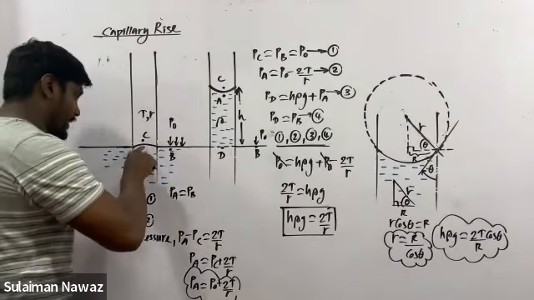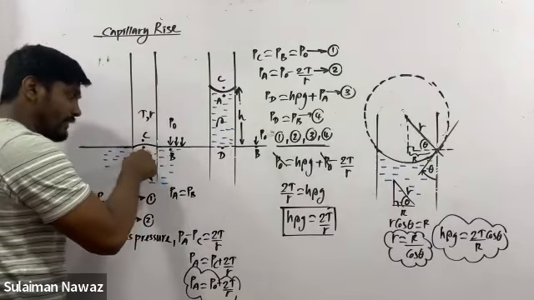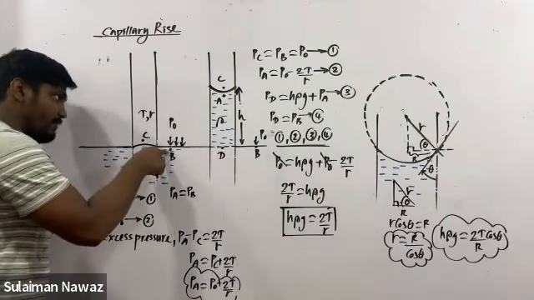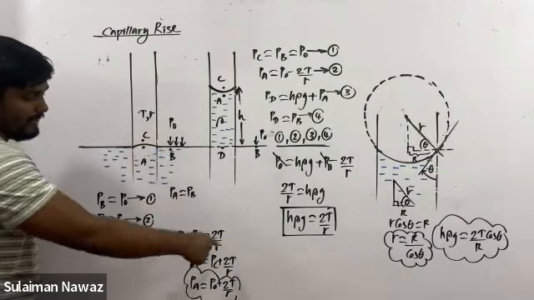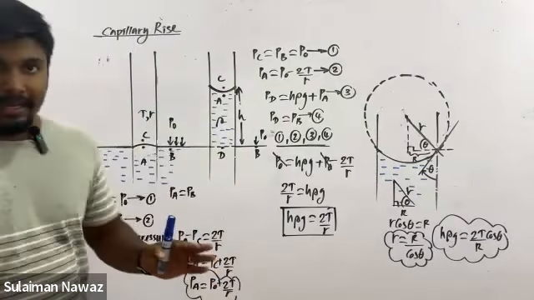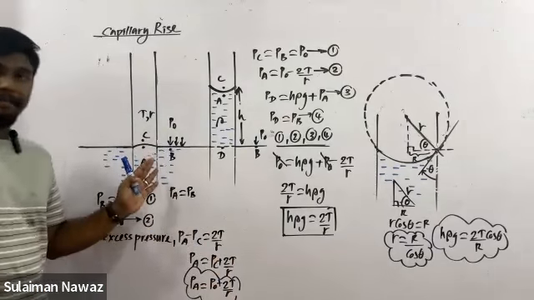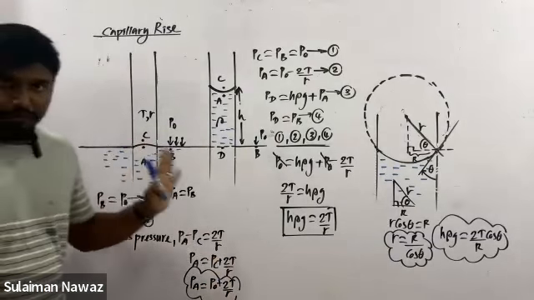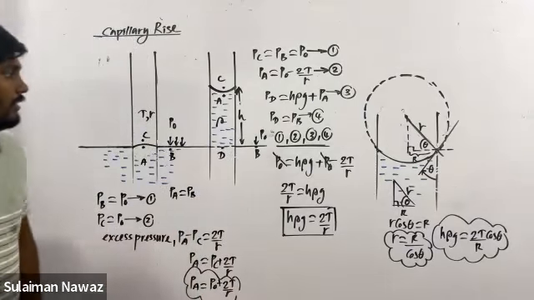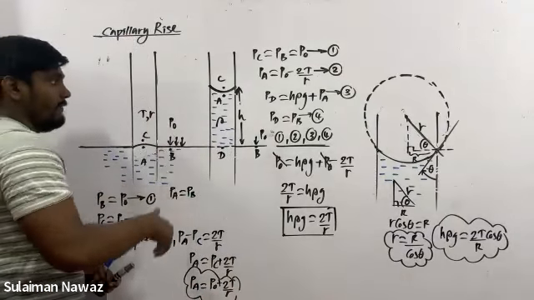But if A and B are at the same horizontal level, their pressures must be equal. But we can clearly see that pressure at point B is P naught, and pressure at point A is P naught plus 2T over simple r. As a result, this can't be accepted. So therefore, the liquid meniscus should go down. If I draw that diagram,